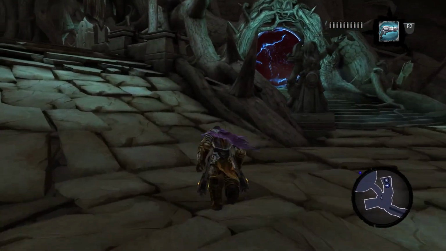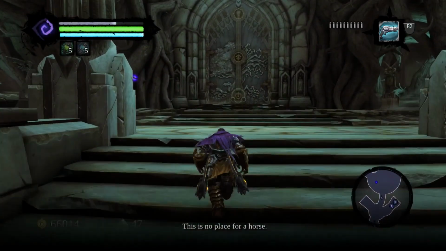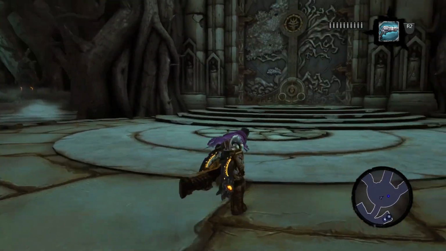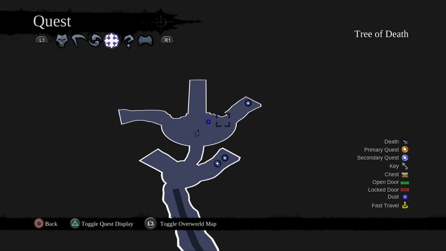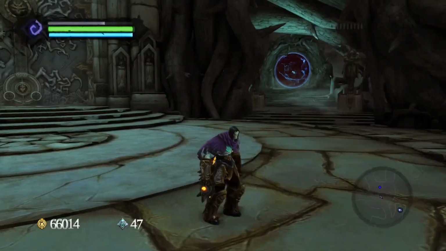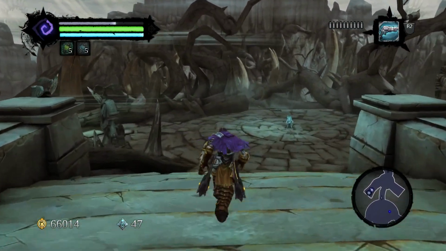Okay, so that is the realm of angels? This is no place for a horse. But we're gonna go up here real quick. Well, there's the realm of angels, there's the realm of demons, there's the realm of... We want to go back to the realm of makers. Portals. Lostlight. I think it's Lostlight. Oh, no, the Forge Lands. There we go. What other games have had...